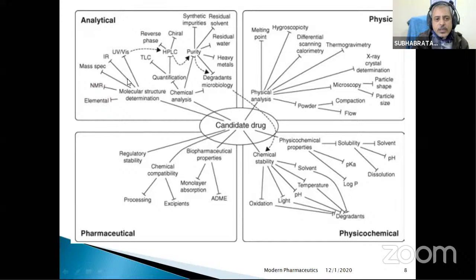Now, you see, once these analytical techniques have been established and the molecular structure has been determined, then comes the question of quantification. So here it was identification in the first phase of analytical studies in the innovator setting. Then comes the quantification. So both qualitative analysis as well as quantitative analysis need to be established, because it is a new molecule. If it is an existing molecule, that is in the case of a generic setting, these studies need to be